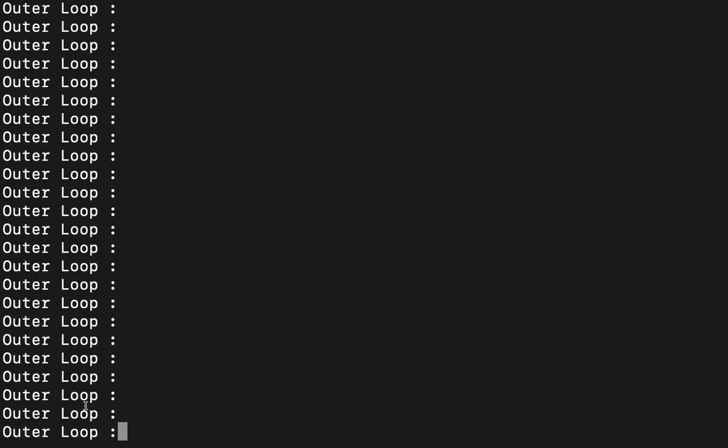See, you're observing, right? The outer loop is printing like this. It doesn't end. It will run again infinitely. So up to when